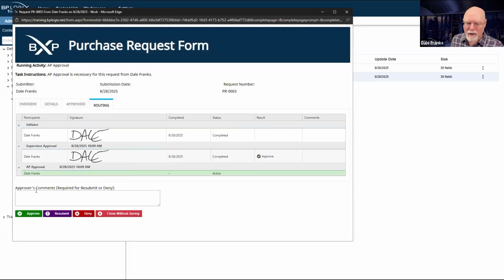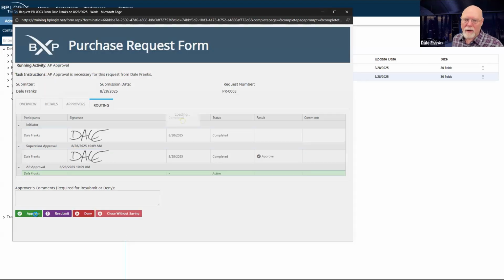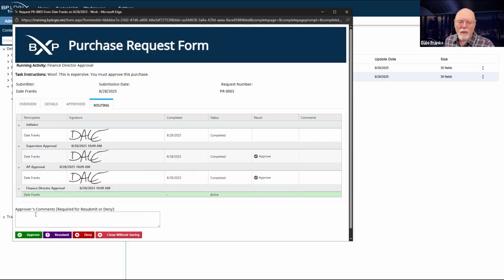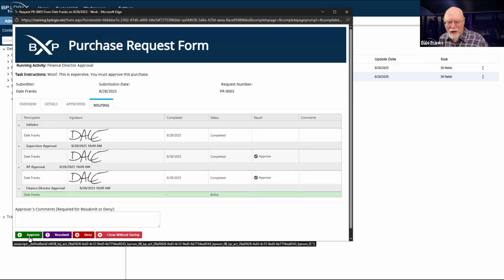It does, in fact, go to AP approval. If AP approves, then what I would expect to happen is for it to go to, well, I don't want this to happen, but we haven't gotten there yet. It did skip AR, which is what I wanted it to do. I forgot that I put this in this morning, finance director approval. It's going to run all the time. We're going to set it up so that it doesn't, but this is the next activity. Based on the configuration I've created, it's working fine.